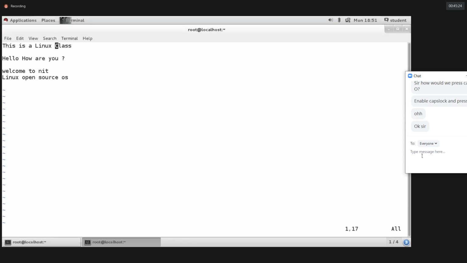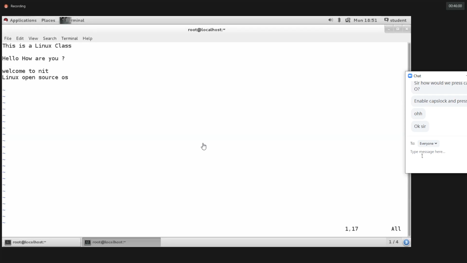I need to place the cursor from the cursor position to maybe the 8th word. 8W. Clear, guys? So like this, it can navigate the cursor quickly. So you can navigate the cursor according to your requirement a little bit quickly. I need to place the cursor from the starting position to before the 8th word. 8B. I hope you're clear, guys.